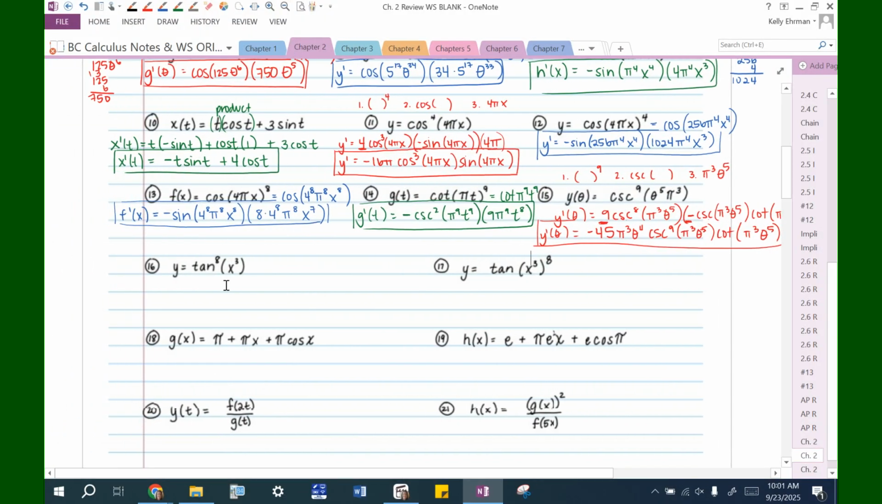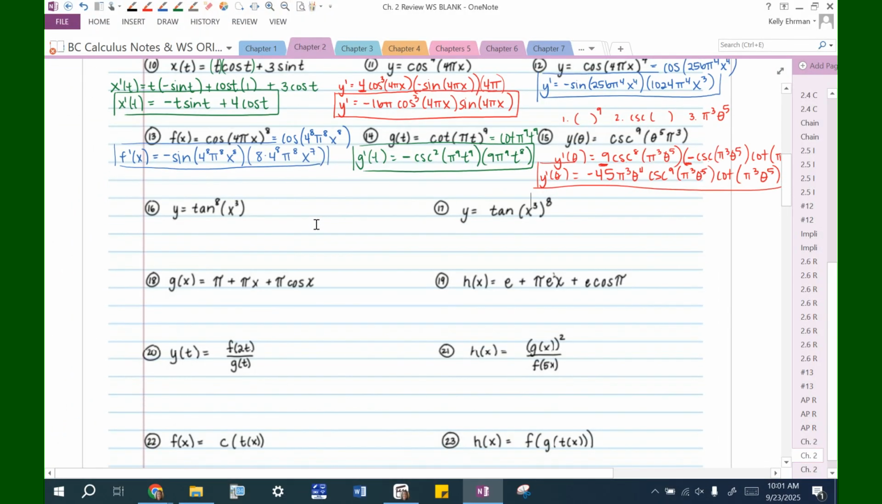Okay, let's see. Notice again, 16 and 17, where is the 8? Here it's on the tangent. So we have something to the 8th, and then we have tangent of something, and then we have x to the third. So y prime is equal to 8 tangent to the 7th of u times the derivative of tangent is secant squared of u times the derivative of x to the third, which is 3x squared. Not simplifying,